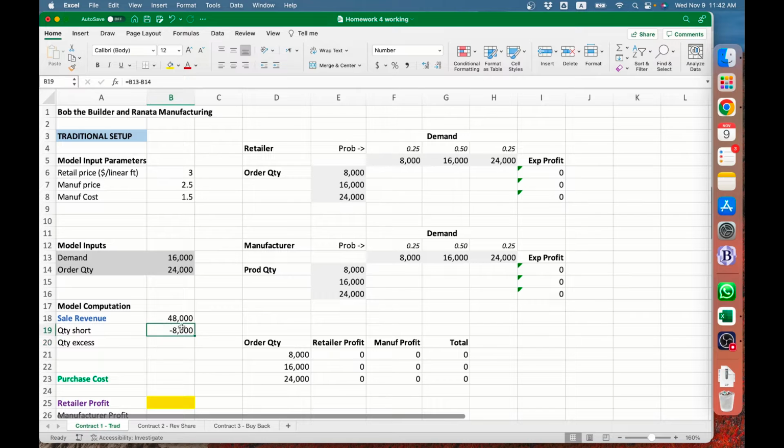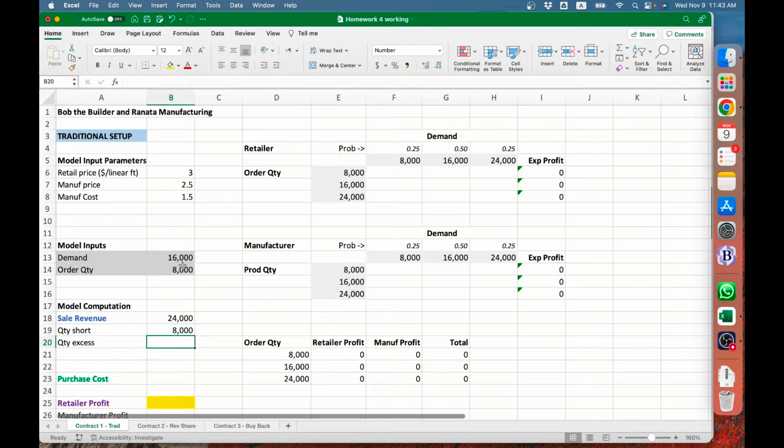Okay, now this is weird because quantity short should not be negative, but let me show you a scenario. Let's say the demand was 16,000, and Barbara only ordered 8,000. In this case, notice the quantity short is correct. It is 8,000 because that's how much you're short by. You should have ordered 8,000 extra, but you didn't, right? That's what you're short by. So it works well when demand is more than order quantity, but then it goes negative, which is not meaningful when it's the reverse. So what you want to do is you want to do max 0 comma B13 minus